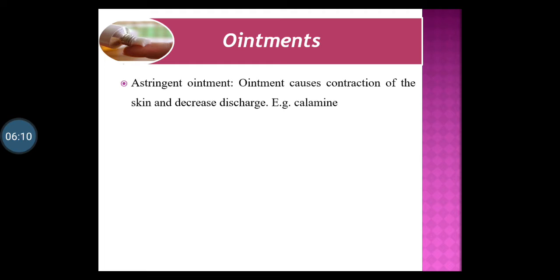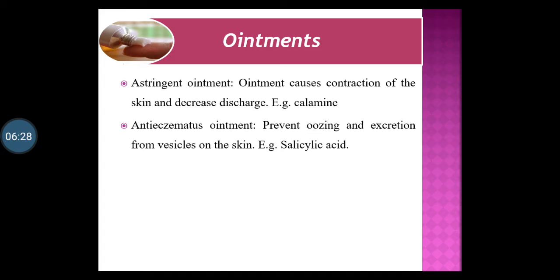Astringent ointment causes contraction of the skin and decreases discharges, means the discharge from the skin is decreased or stopped. For example, calamine, zinc oxide or acetic acid are used for this purpose. Then anti-eczematous ointment, which prevents the oozing and secretion from the vessels on the skin. Examples of the drug are salicylic acid, ichthammol, coal tar,